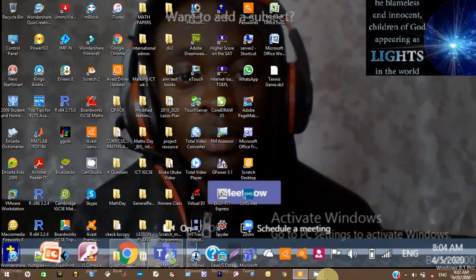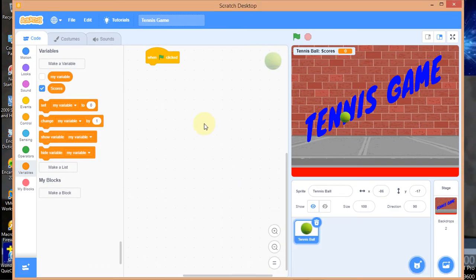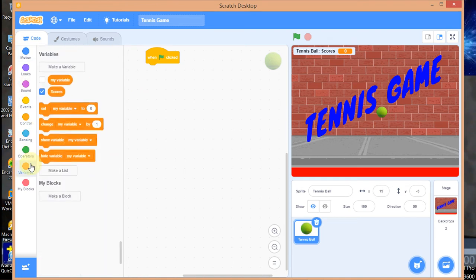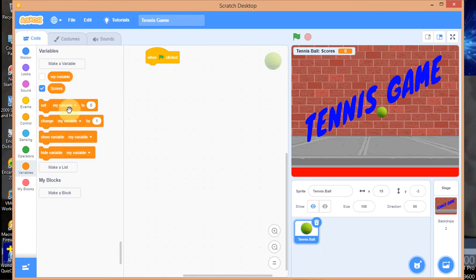Let's just continue with the Scratch program. Now, when flag clicked, I want this ball to be able to navigate within this region, so the next code block should be motion. Okay, I already set my score. Let me go back to variables and add that code block because I made the variable. Okay, set score to 0. So my variable is score, so set score to 0. Okay, so I can continue now.